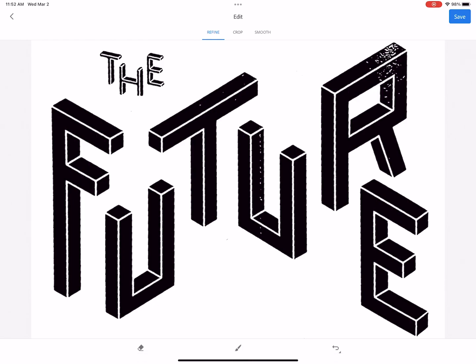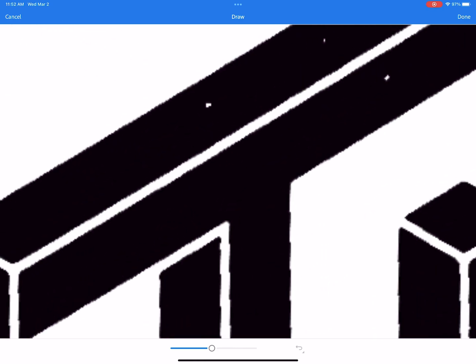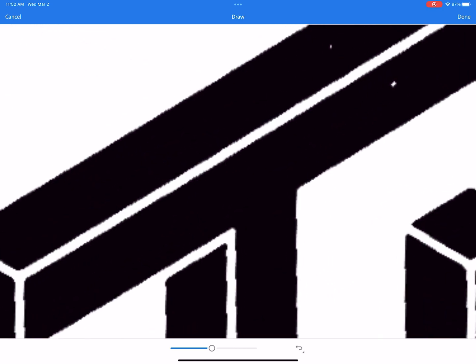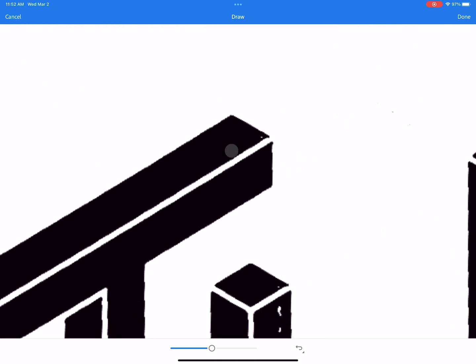But now what I want to do is use this brush, and I can go back now and paint some of those areas that the camera didn't capture quite right. So there's like some lines and dots on the U, and then kind of a texture on the R. So I'm going to tap on that brush, and again I can make it bigger or smaller depending on what I want. And then I'm going to go in and just find those areas that I didn't capture, and either